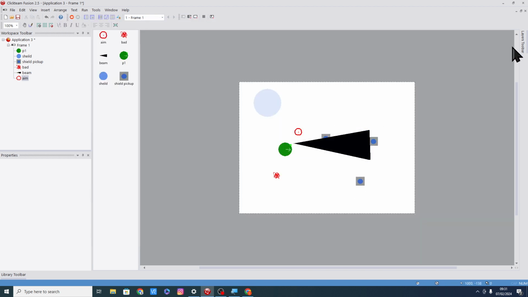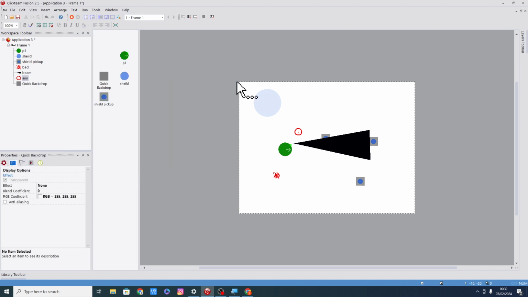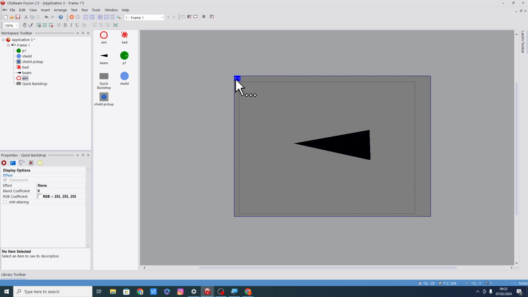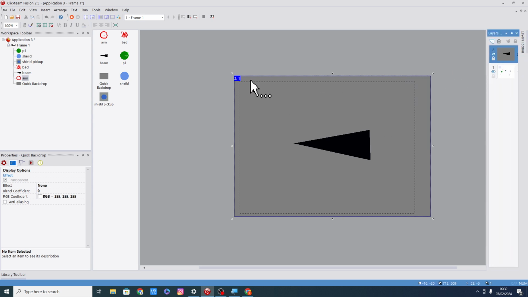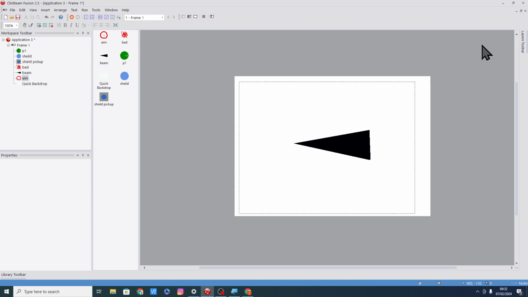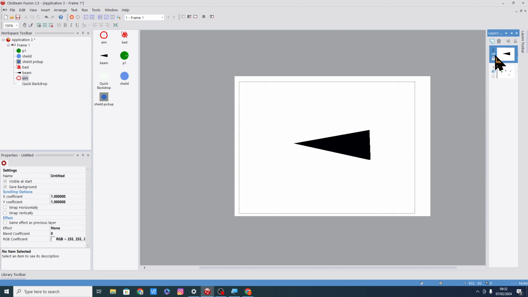There we go. I'm also going to add a quick backdrop here and here. And this backdrop is on layer 2. You can see it's on layer 2, and you can see here it's on layer 2. It's got a little 2 there. I'm going to change this to be white. So let's just go into the color, white. Right. Now this is the bit where it's going to make a difference, because we're going to go into the layer properties. So just selecting the layer,